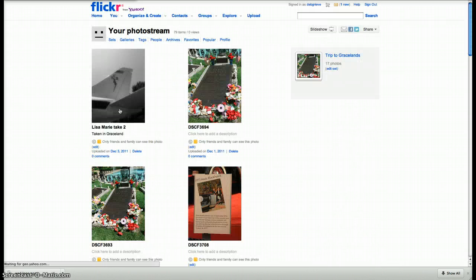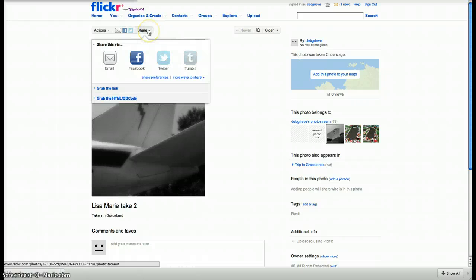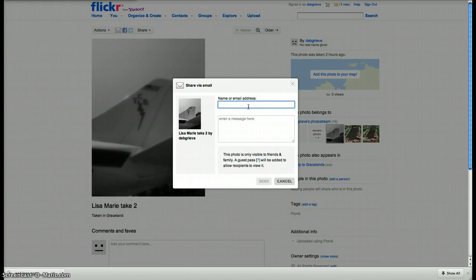our photo stream, you can see here that we either have individual photographs within the photo stream, or you would have a list of sets here on the right hand side, and at the moment I just have the one set. So if I choose one particular photograph that I want to share, I click on the photograph, choose the share option, and within this separate box you have options to share directly to particular social networking and other social sites. I can also choose to share by email, and if I click in here I would type in